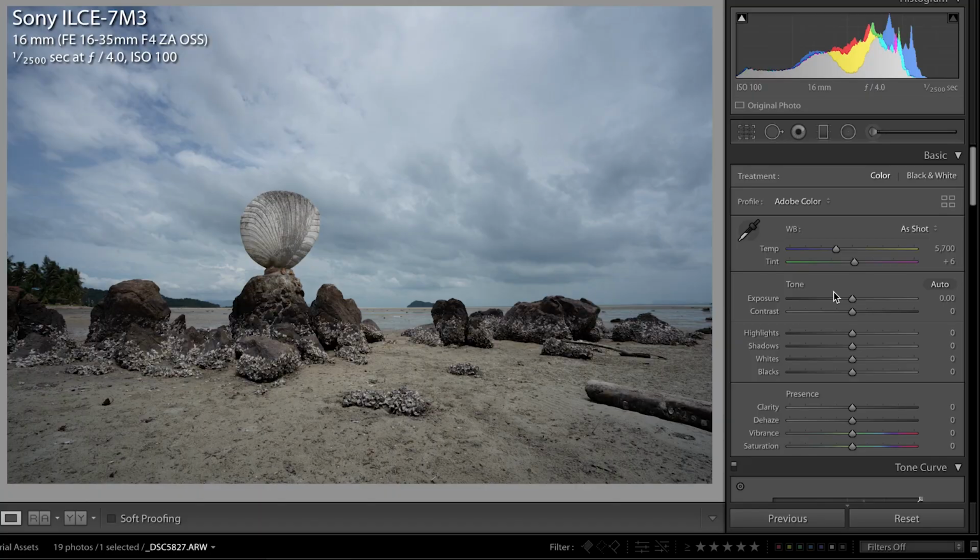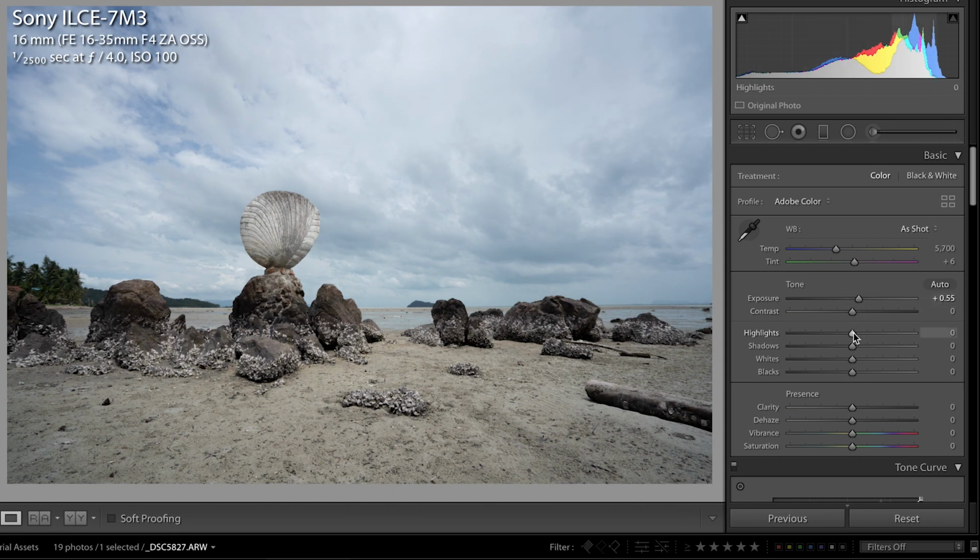The second option is to make exposure bracketing, and in this case I think 3 exposure bracketing will work just fine. Here is how to recover shadows in Lightroom. Alright, let's take this as an example, and as you see the foreground is underexposed. All you need is a little bit of tweaking. Exposure to plus 0.6, highlights to minus 90 or 100,